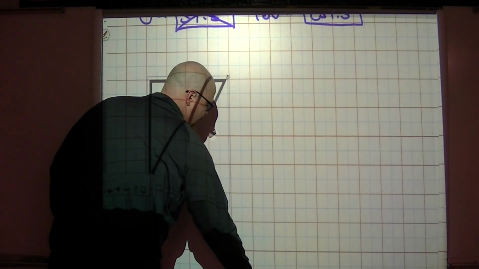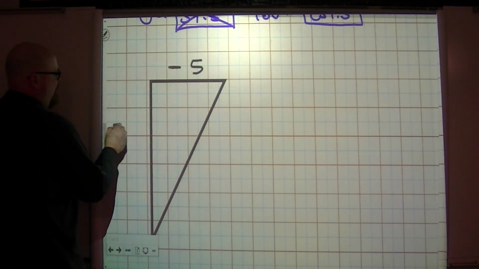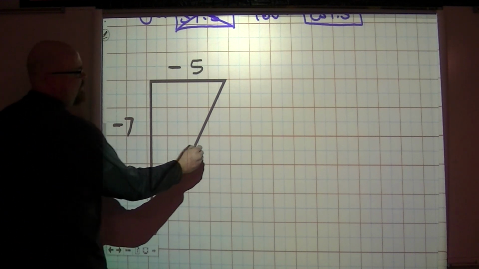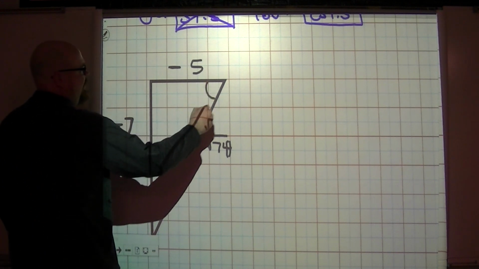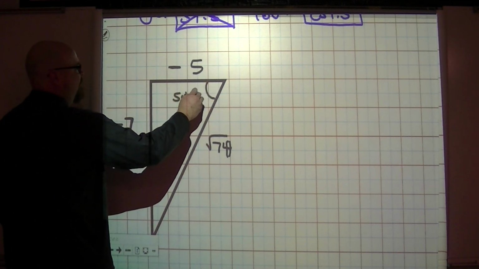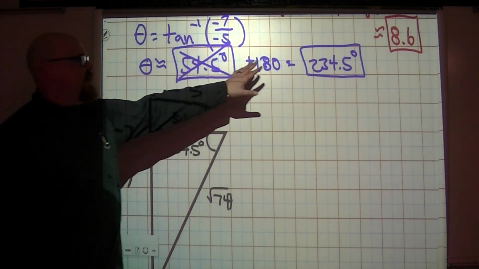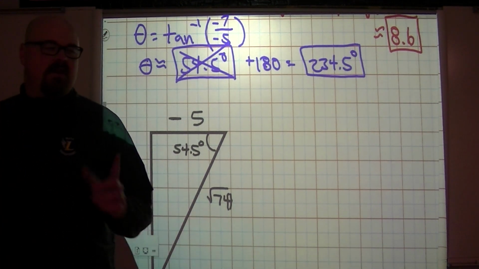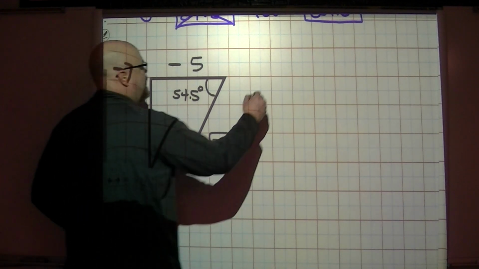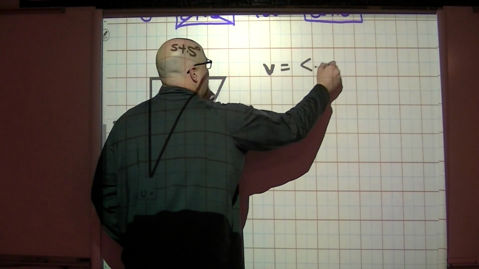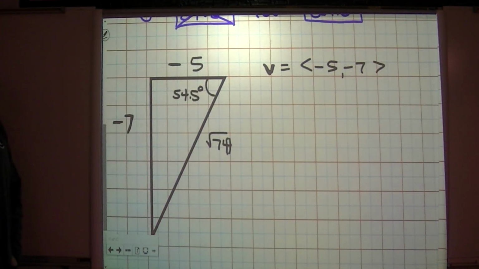Okay, so here's this. Let's label everything that we just saw with that. This was -5. This was -7. Over here we got the square root of 74, and then we actually calculated this as 54.5 degrees, okay? Even though, you recall, if you watched the previous video, it's actually 234.5. I'm going to come back to that in a second, all right? Now, the component form of this vector v is <-5, -7>, okay? However,